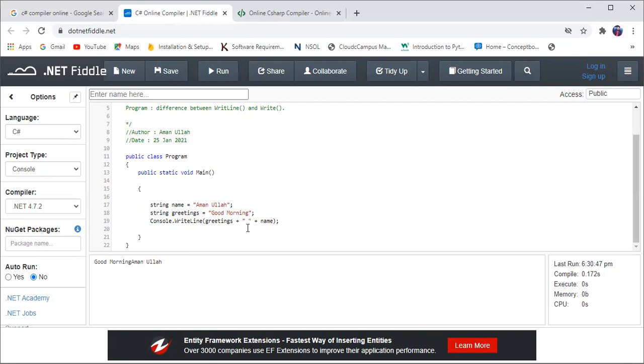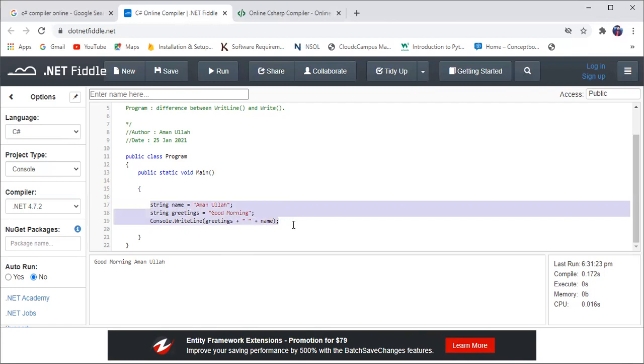You can give more than one space, I am just giving one space. Now if I run this program, you will see the output good morning and a proper space between them. So this is the concatenation process.